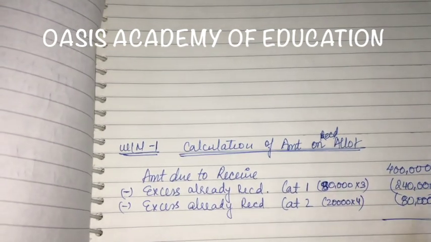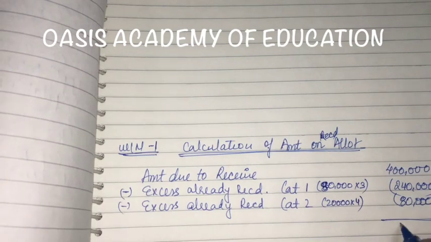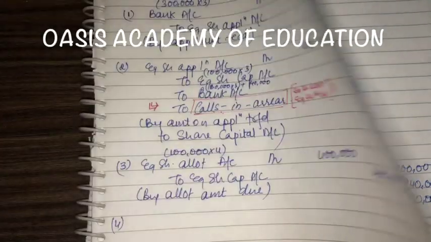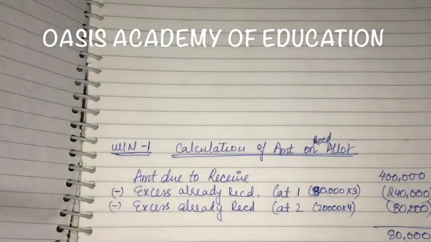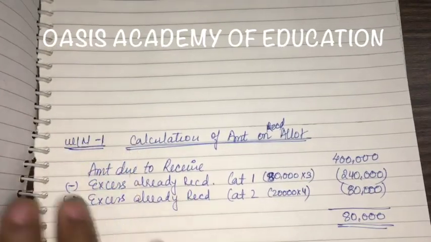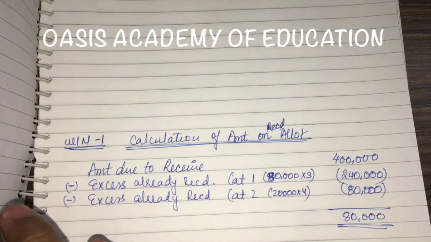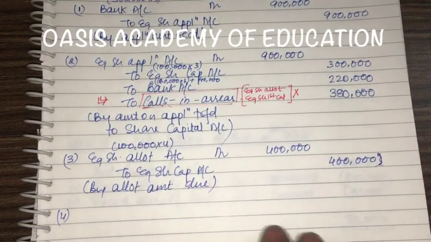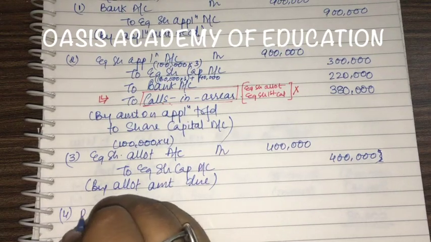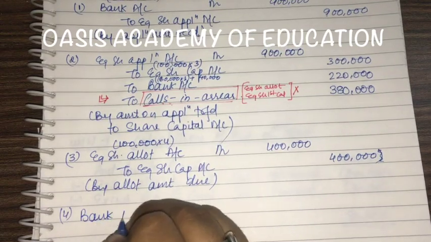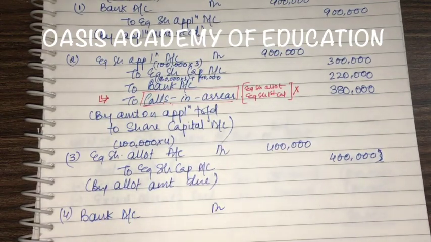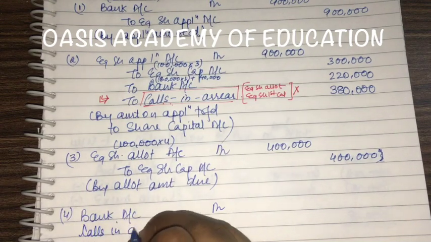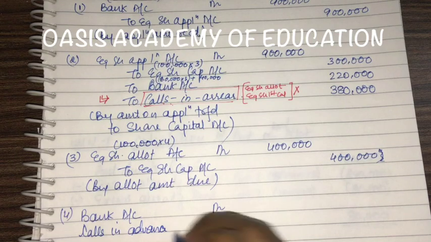So this makes it a total of 80,000 which is yet to be received. 80,000 मुझे अभी भी रिसीव करने बाकी हैं, राइट. जो मैं रिसीव कर लूँगा सिंस एवरीथिंग हैज़ बीन रिसीव्ड. बाकी का सारा अमाउंट मैंने रिसीव कर लिया है. सो बैंक अकाउंट डेबिट, राइट. कॉल्स इन एडवांस अकाउंट डेबिट